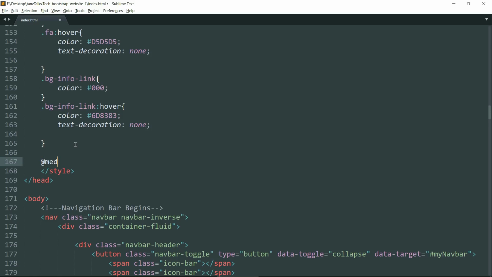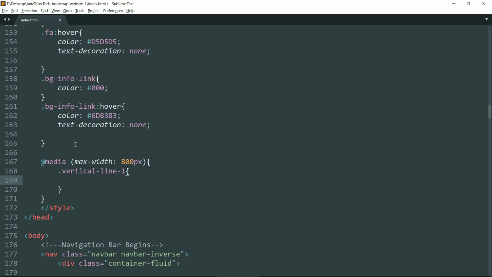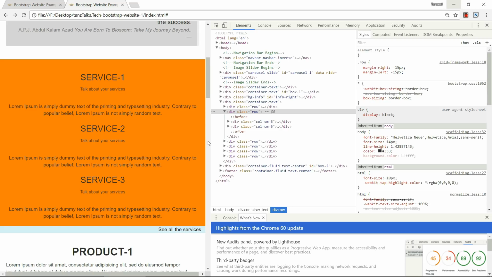Type @media bracket max-width 800 pixels. Okay, now .vertical-line-1, display none, because we do not want the vertical line to be displayed in smaller screens like this.